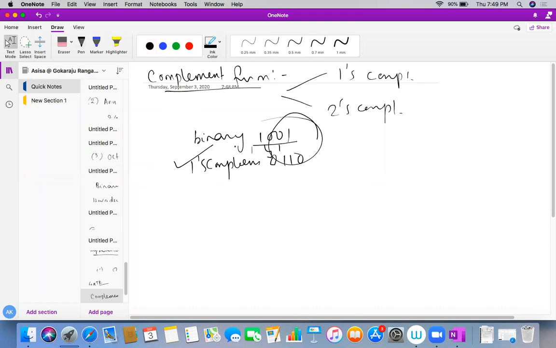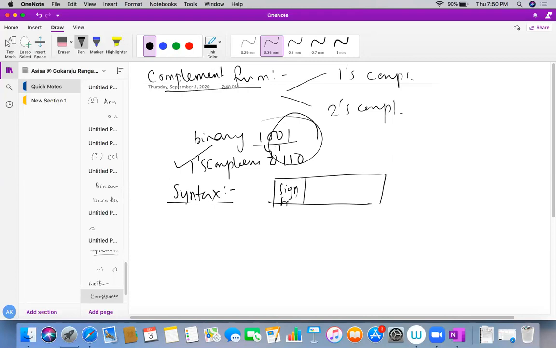Now the question is how to represent a signed number using the 1s complement technique. For that there is a particular syntax. The syntax is very simple: the sign bit comes first, and the remaining bits are the 1s complement of the actual binary.